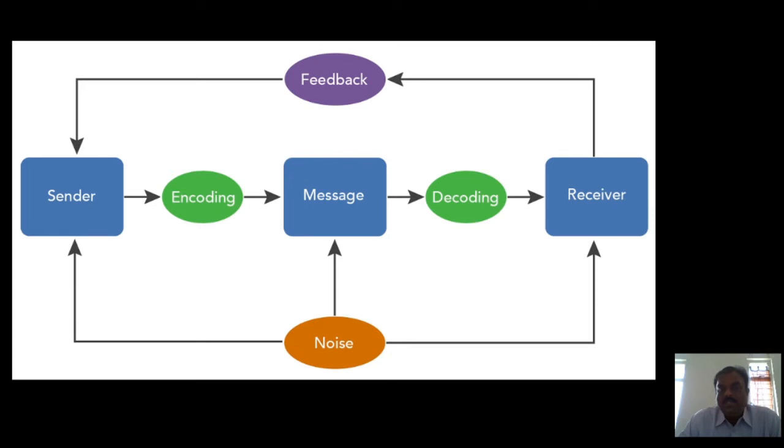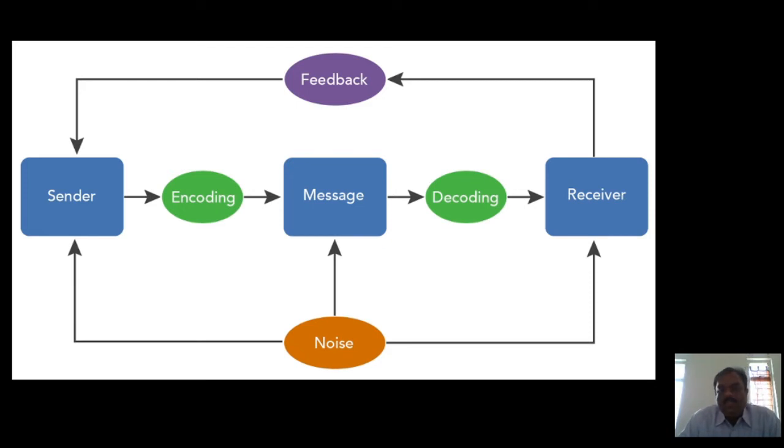From sender to receiver, the message goes through lots of phases. The process of communication which we deal with every day involves most of these phases. The first part is that whenever a sender sends a message, it is encoded. Whatever message we want to send, we first try to encode into our own words, or in the form of letters or visuals. That will be sent through a medium. It can be a written medium, or we can also send the message through an oral medium.